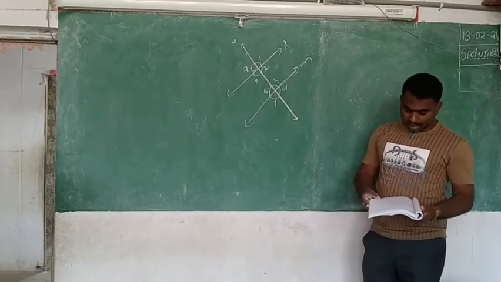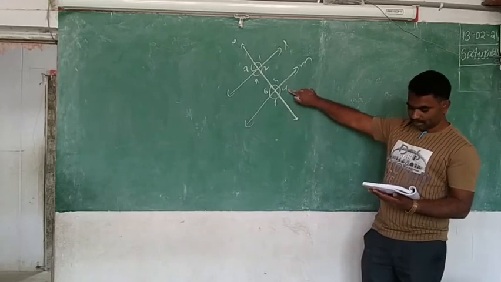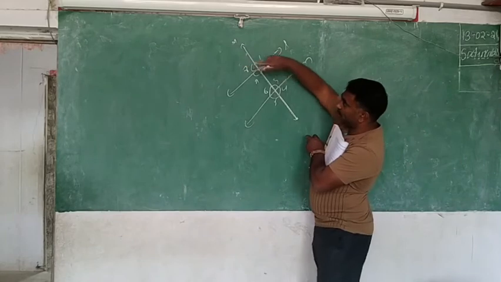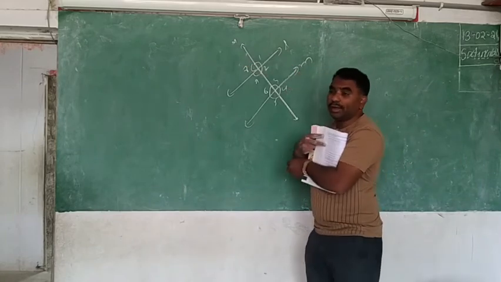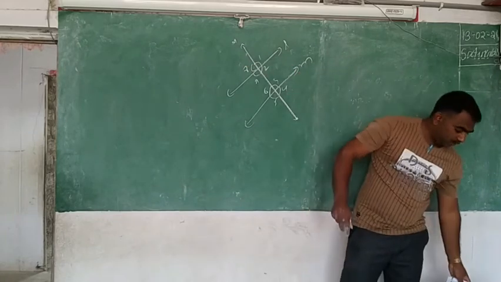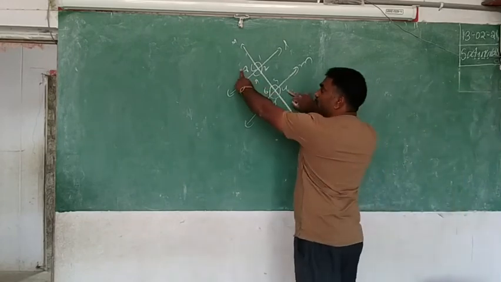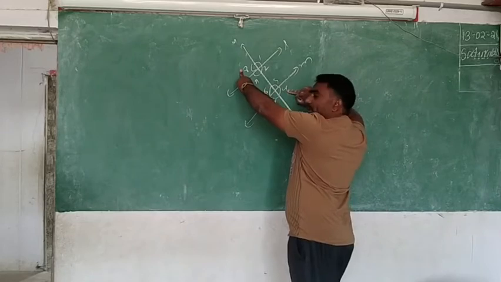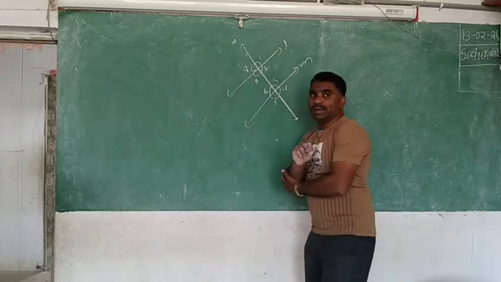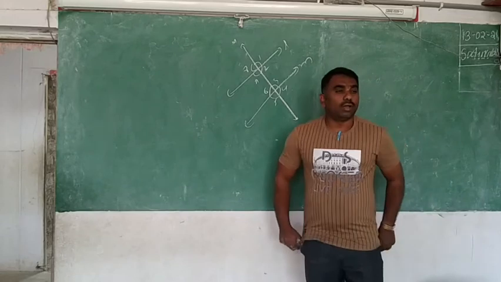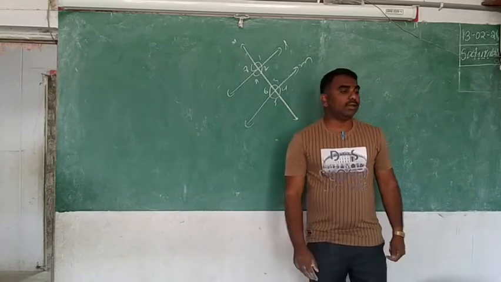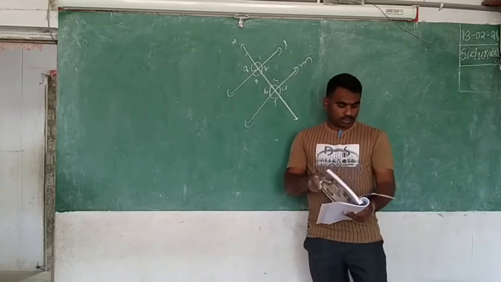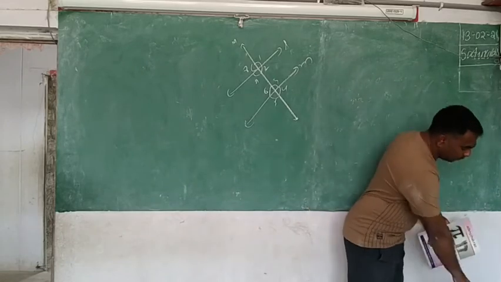Next, angle 4 is equal to 100. Then what is angle 8? 80. And what property is it? What are angles 4 and 8? Can you say what they are? Alternate no. Both are exterior and in opposite direction. Exterior opposite means alternate. So alternate angles are equal. How much is it? 100. Okay. Question number 3. See question number 3.